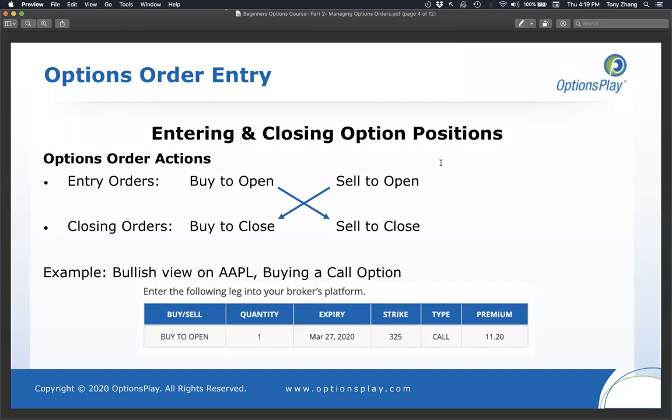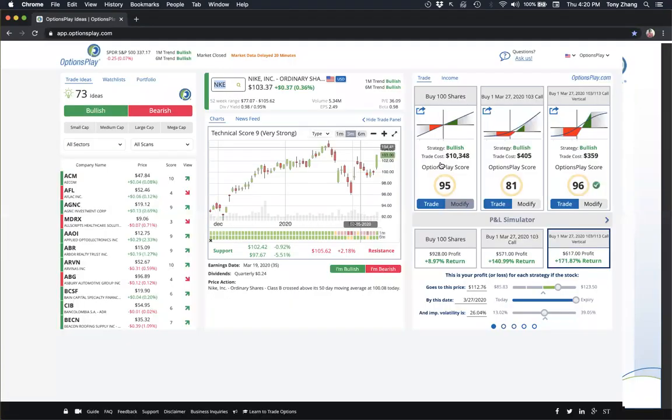Now, normally when you're trading stocks, you don't actually have to specify whether you're entering a position or exiting a position. If you sell 100 shares of a stock that you already own, that automatically flattens out the position and you no longer own that stock. You don't have to specify that you're closing out your 100 shares. However, when you're trading options, you do have to specify. So first,